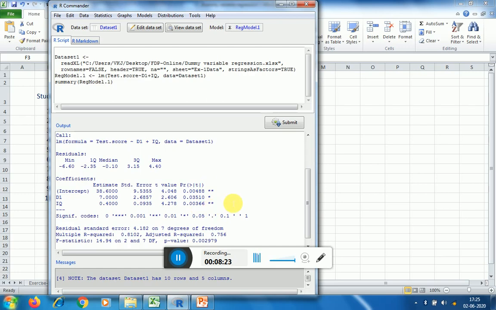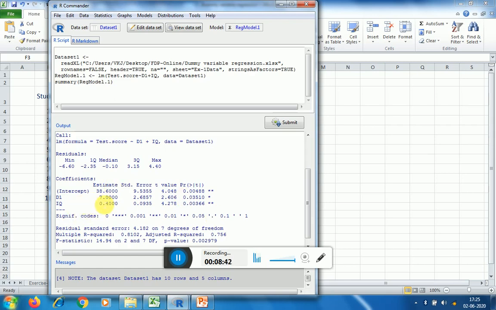So here we can infer on the basis of this that this model is the right model which fulfills almost all the criteria of goodness of fit. So basic criteria are fulfilled.